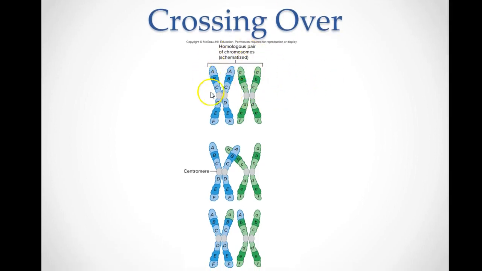So here's our homologous pairs of chromosomes, okay? So let's say dad's is blue and mom's is green. Here are the different genes on our chromosomes. What happens is what's called a synapsis event, where these chromosome arms are going to kind of hug each other a little bit, and they're literally going to switch pieces. So a little bit of dad's chromosome is now on mom's chromosome, and a little bit of mom's chromosome is now on dad's chromosome. So there are an endless number of combinations that we can create by doing this event called crossing over.